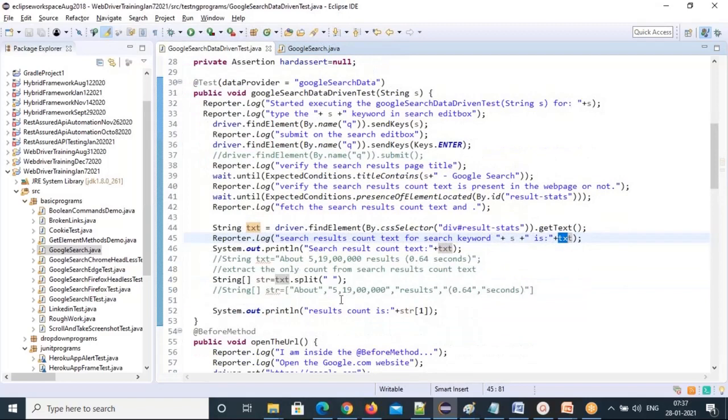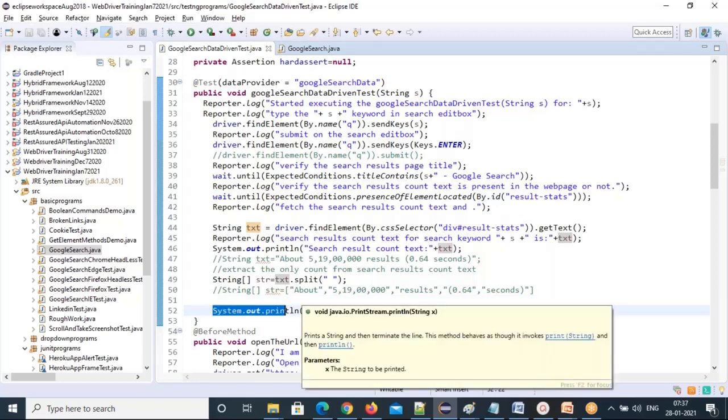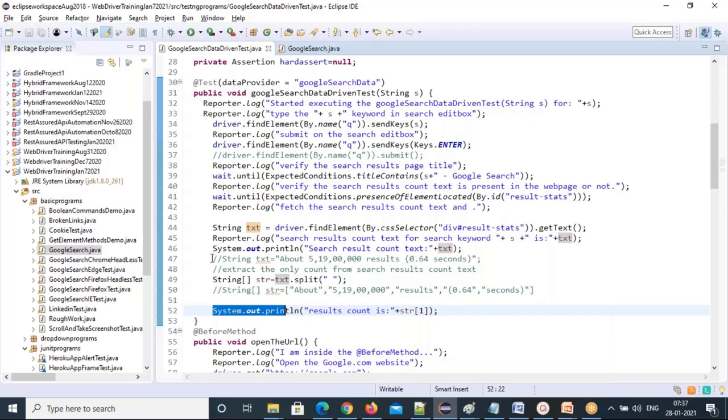And you are splitting that text and taking it into a string array, and again you are printing that also. So the system.out.println will print to the console, not to the report. If you want the statement in the report, you have to write this reported.log.